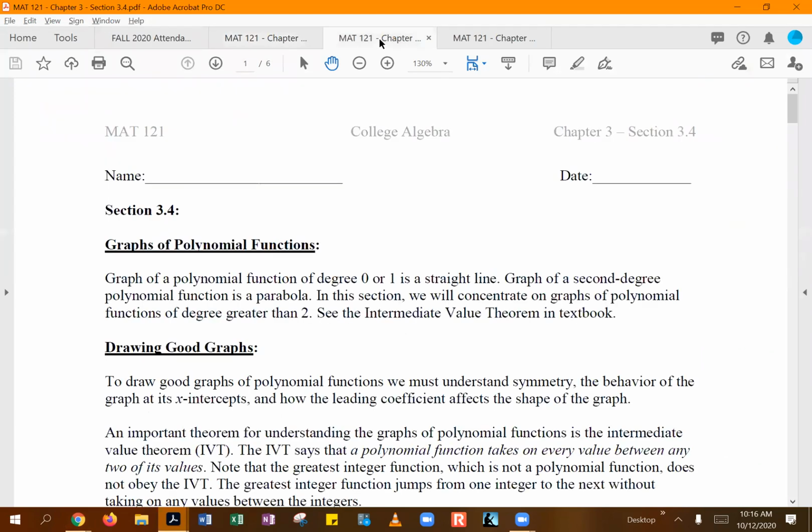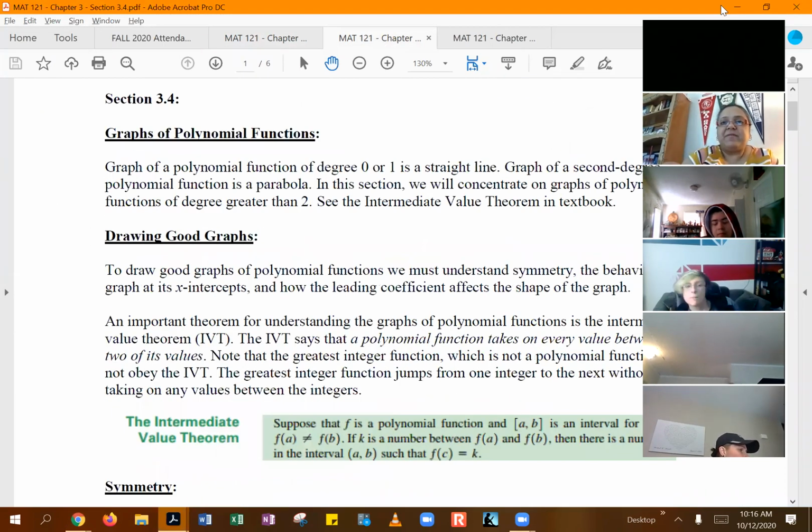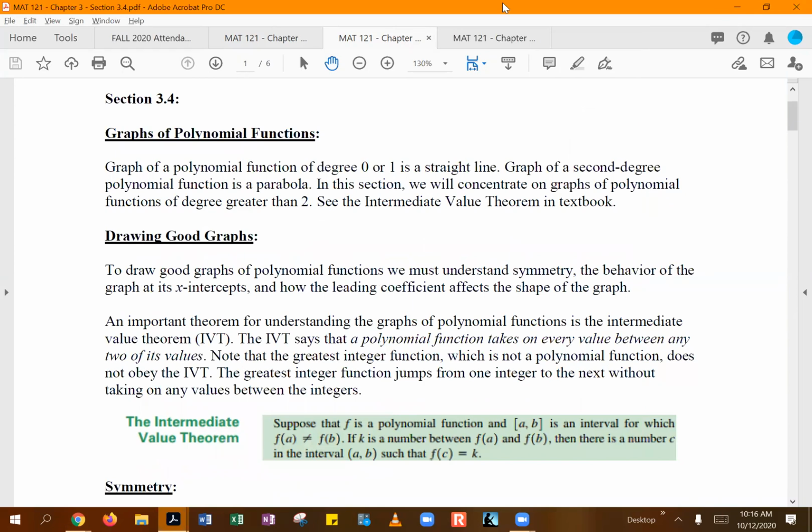Now, when we're getting into section 3.4, we're now getting into the graphing of these polynomial functions. So we've done the solutions and solving in the previous sections. Now we're getting into graphing. So, of course, when we're talking about graphing,